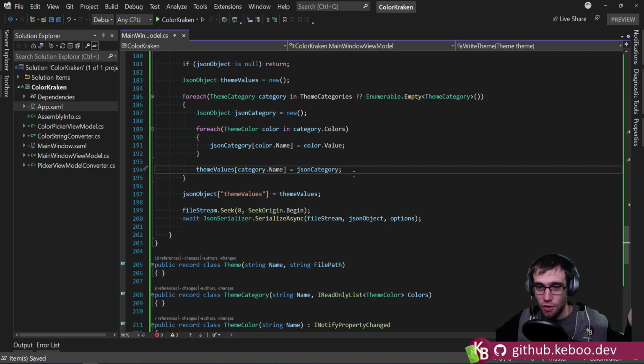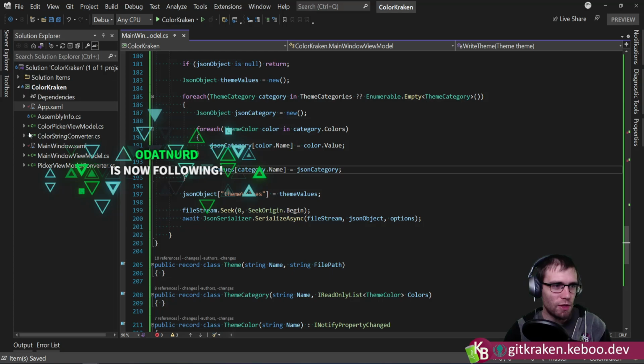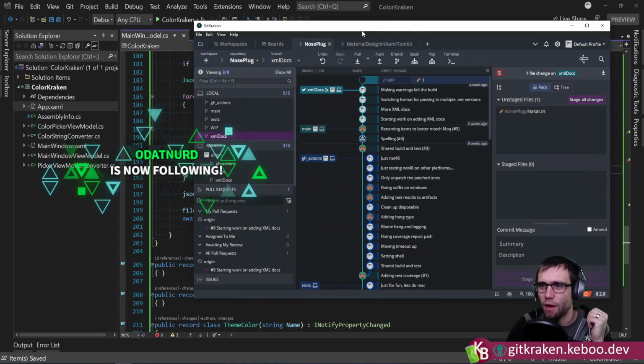For everyone just joining, we're building a small WPF application for editing the theme in GitKraken. So if people aren't familiar with it,